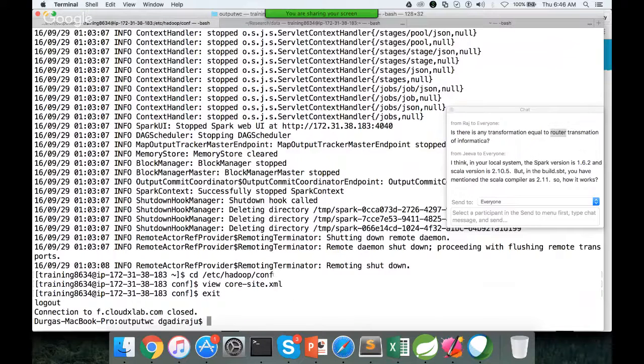One is, what is the Scala version used to build Spark, and the other is, what is the Scala version which we are using to build the application. There are two different things. Okay, in this case, when I actually create the application,